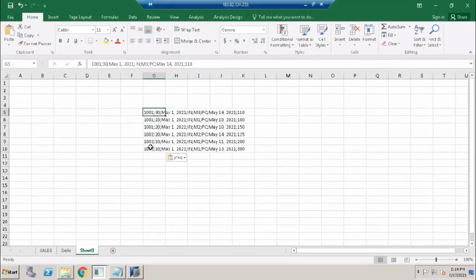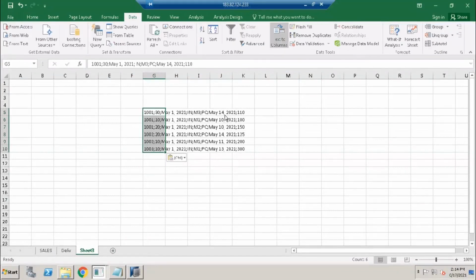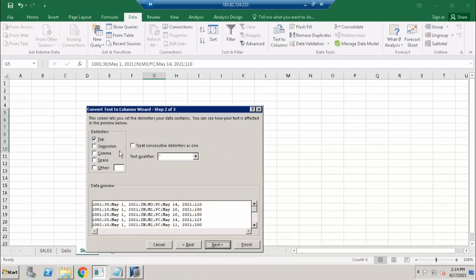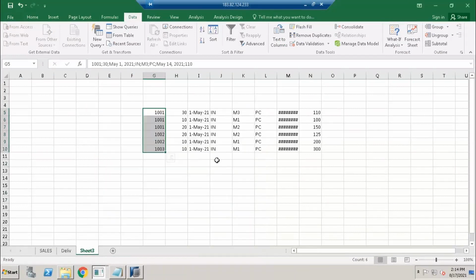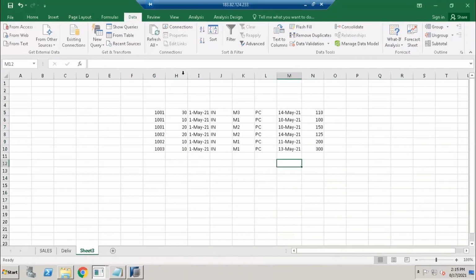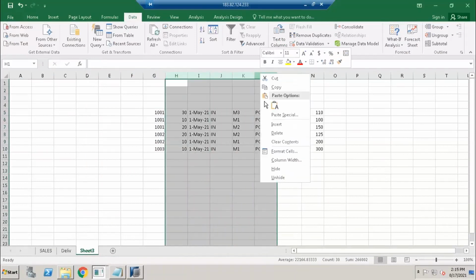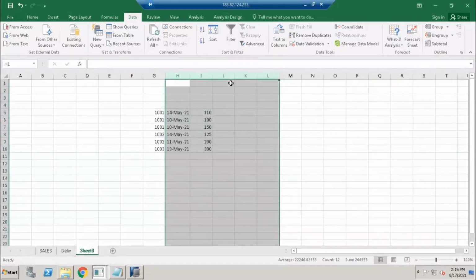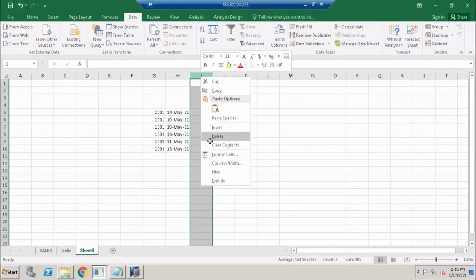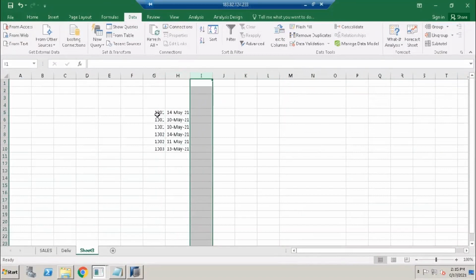Okay. It is semicolon delimited. Go to Data, Text to Columns, Delimited, Next, Semicolon, and click on Finish. Now this is my data. Out of this data, I am considering only 2 columns in my aggregation node. These are the 2 columns. After that, I applied max on this date.